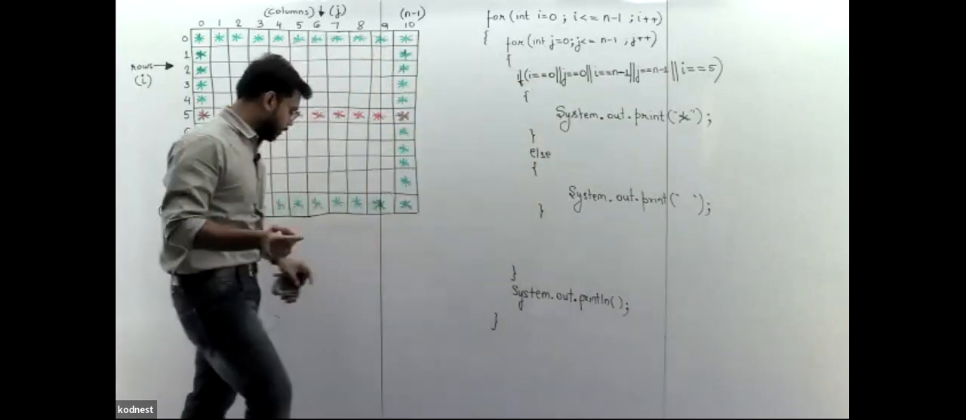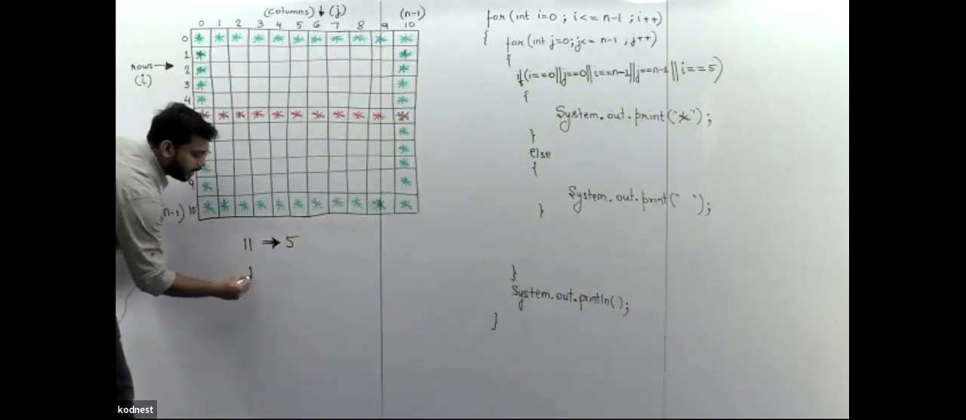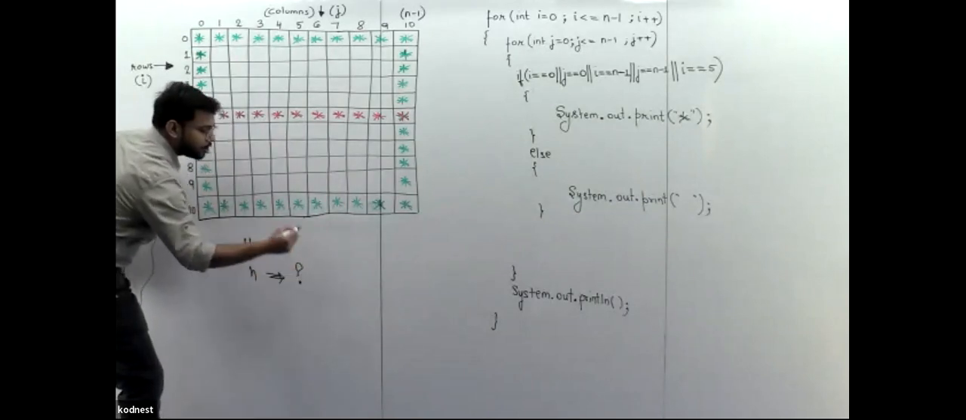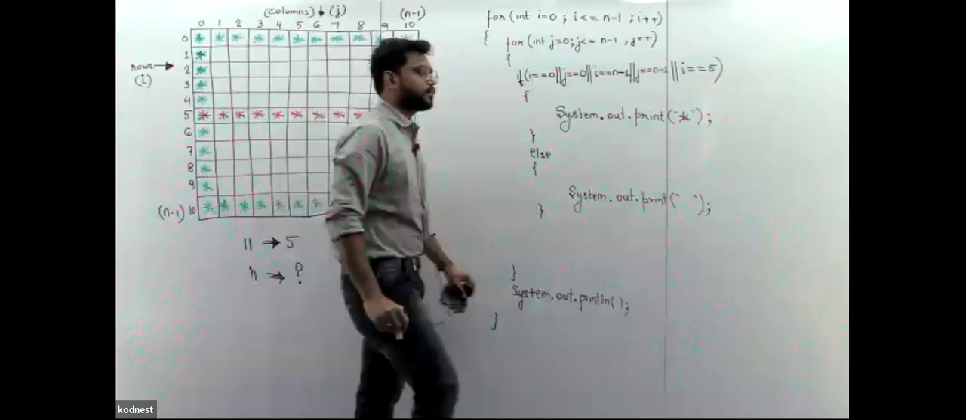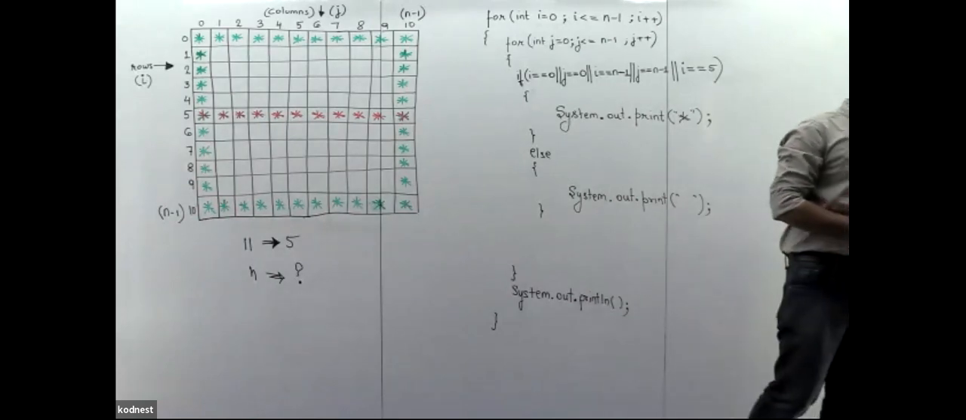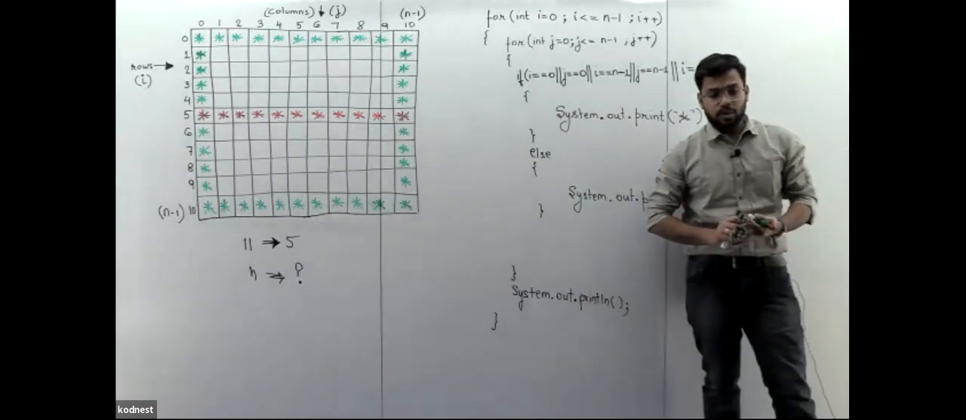Take it in this manner. 11 means it is n. Now, what should I write here? This is the question. Many of you are telling n by 2. Okay,